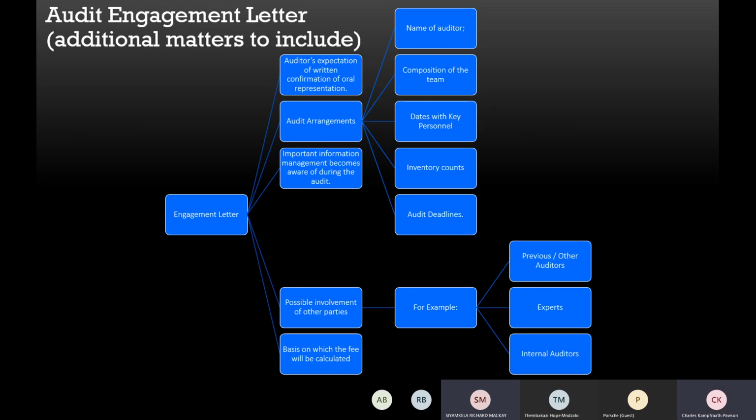I'm happy with your answer, but that answer that you gave should never be cut in stone, because some internal audit departments are brilliant, and you as the external auditor are allowed by ISA 610 to determine whether you want to put reliance on the work of internal auditors. So the ISAs that govern external auditors do allow you to place reliance on internal auditors. So that answers, I think, your second question.